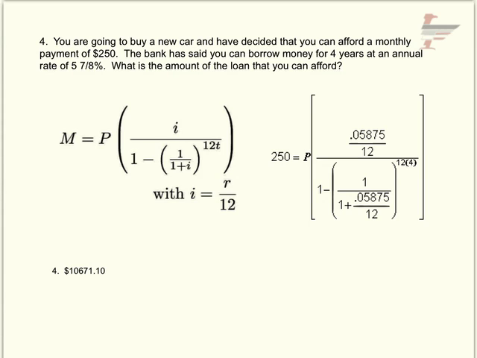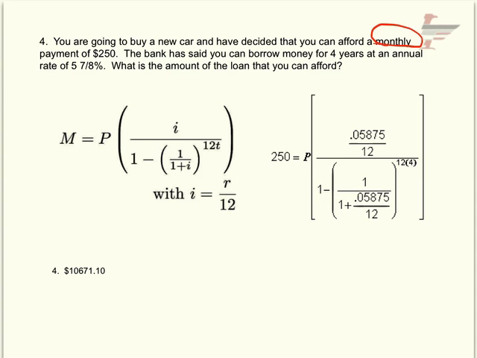All right, then the last problem is you're going to buy a new car and have decided you can afford a monthly payment. So again, keyword is monthly payment, so you're going to use the M formula. And then everything else you know. You can afford a monthly payment of $250, so that's what goes in for M. Be careful, that's not your P. Your interest rate is 5 7/8%, so as a decimal that's 0.05875 divided by 12 since it's monthly. You're going to do this for 4 years, so your time is 4. And again, you dump all of this in your calculator and then take 250 divided by that, and you should get how much you can afford, and that's about